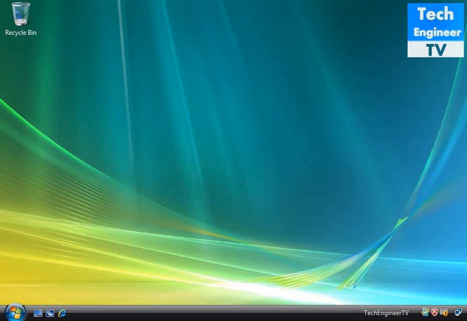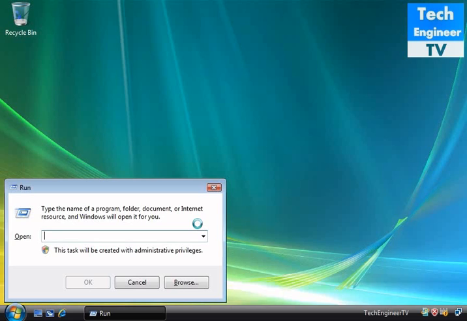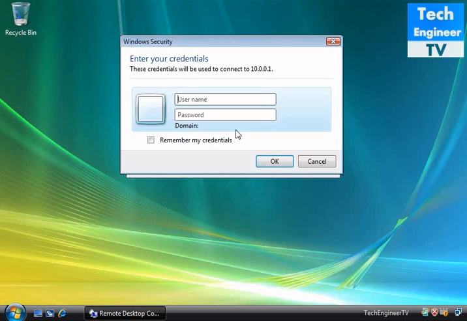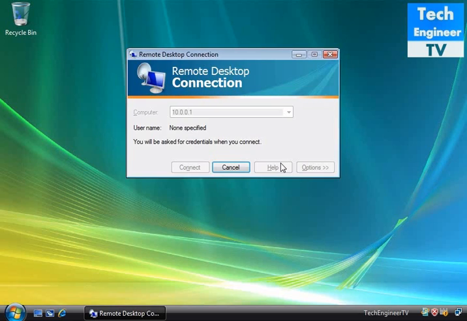So this is one login. We made one login attempt. Now with the same test one user, we try to access the server from this Vista machine. So give the domain tech engineer slash test one and give the password. By default the multiple login option is disabled, so it won't allow us to make a login attempt from